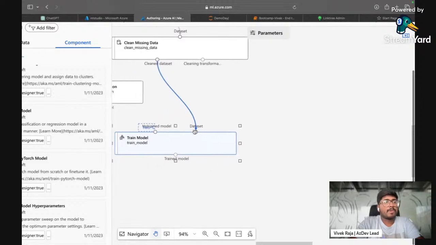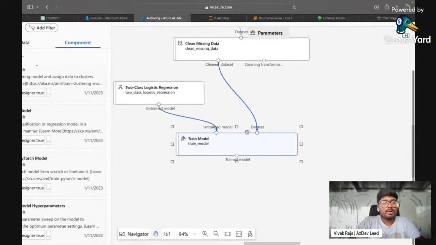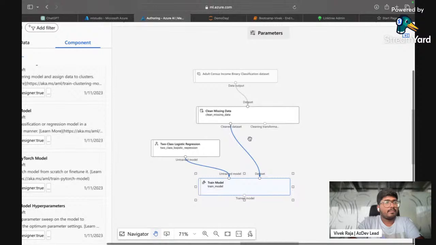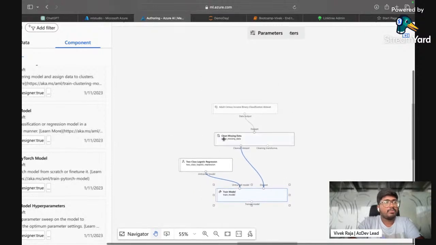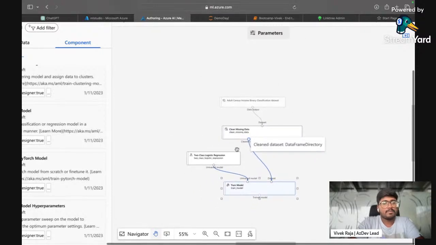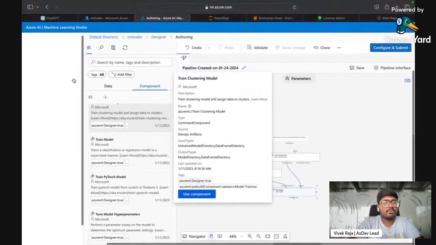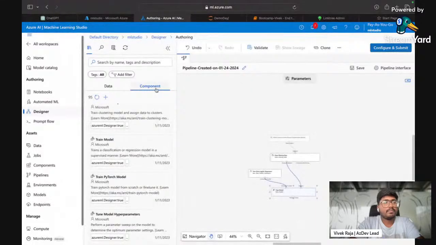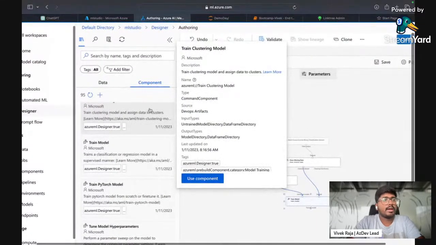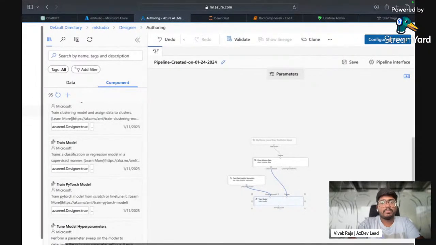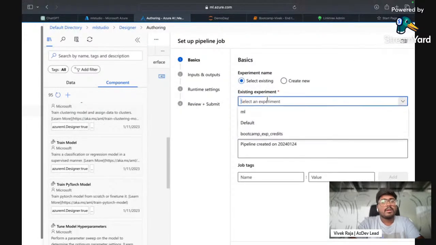And that's all. Once you train the model, now we have created a very simple pipeline without coding, and that will help you to create your machine learning models with no coding at all. But how should I run this pipeline? Does anyone know how to do it? Okay, yeah. Yasuo has given the right answer, which is label means the final class that we're going to predict. So once you design your pipeline, you have to do something called configure and submit.